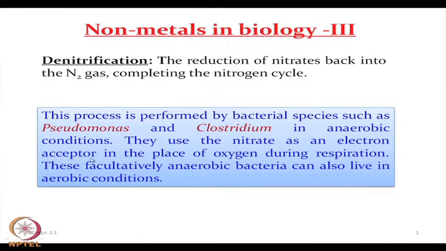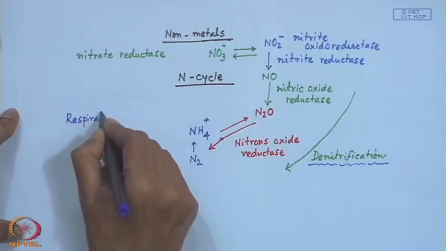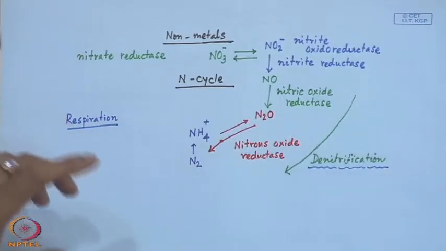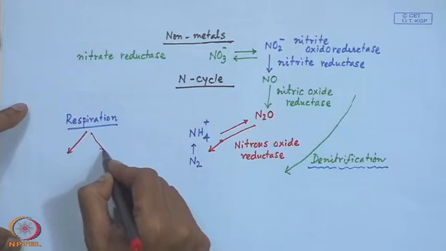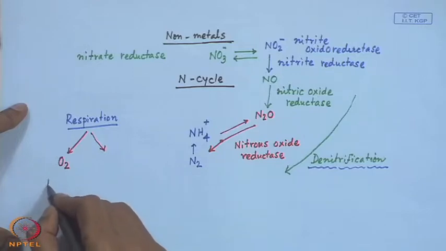So, the particular nitrogen can be very much electron greedy, it can take up the electron for its reduction reaction, and this can function as an electron acceptor in the place of oxygen during respiration. So, some type of respiration, which can be of two types, one is aerobic respiration and another is anaerobic respiration. So, when we have aerobic respiration, we basically take this O2 as the electron acceptor,